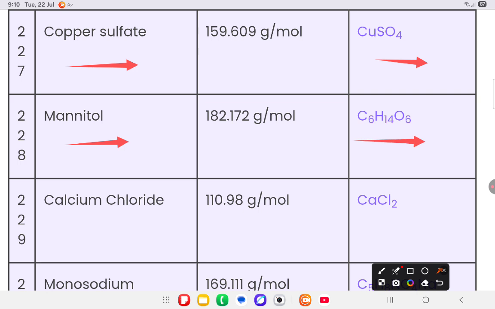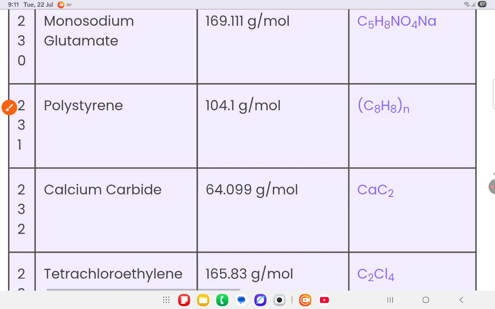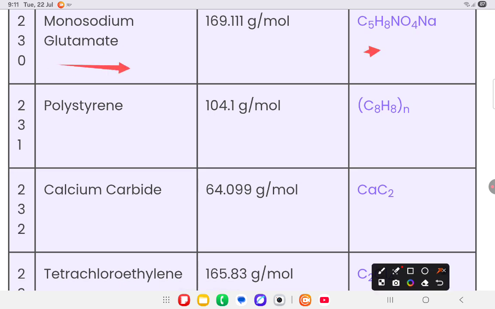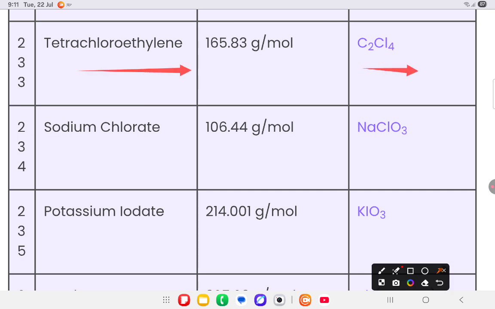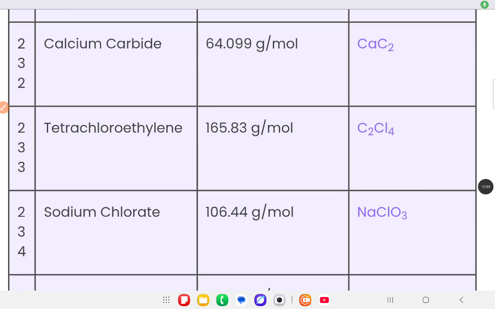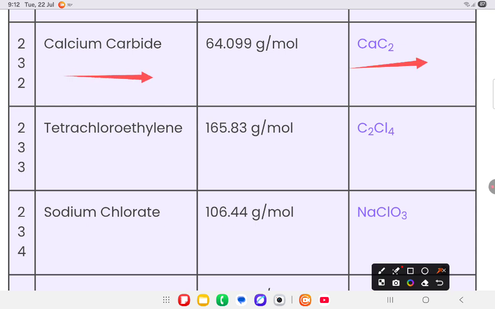mannitol that is C6H14O6, calcium chloride that is CaCl2, magnesium glutamate that is C5H8NO4, polystyrene that is C8H8, calcium carbide that is CaC2, tetrachloroethylene that is C2Cl4, sodium chloride, calcium carbide CaC2, tetrachloroethylene that is C2Cl4,